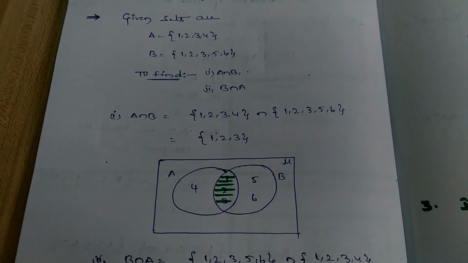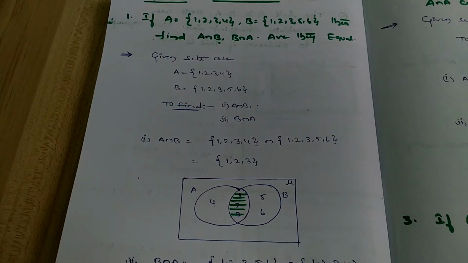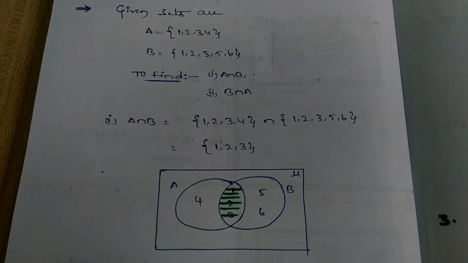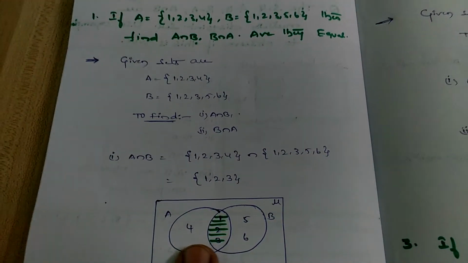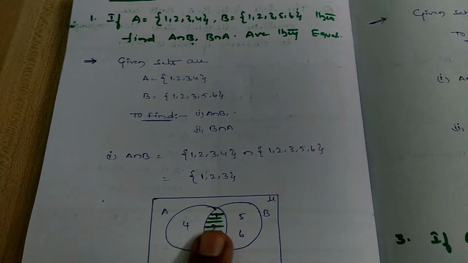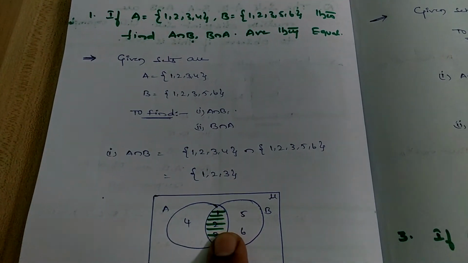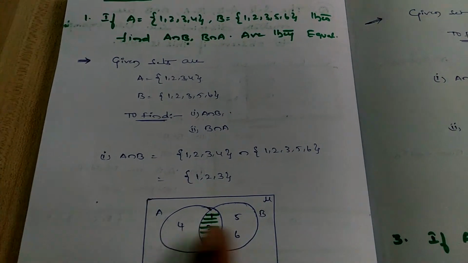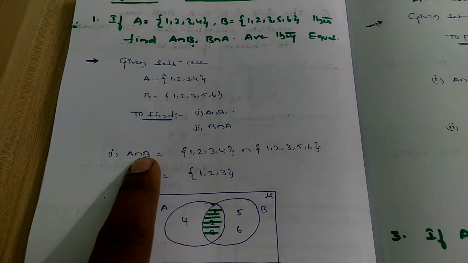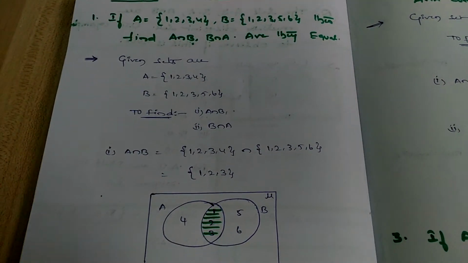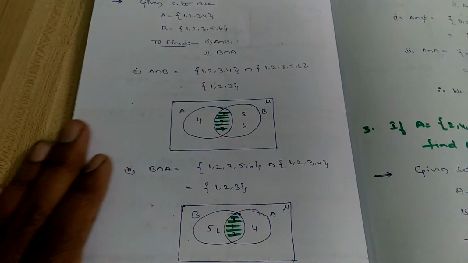According to the Venn diagram guys, draw a rectangle that indicates the universal set. Take two circles that indicate two sets, and first mention in the common region the repeated elements. So 1 2 3 are the repeated elements. The remaining two parts are not compulsory to mention because they are asking to find only the intersection, right? So 1 2 3 is your result. That's it, the common region, the common elements.